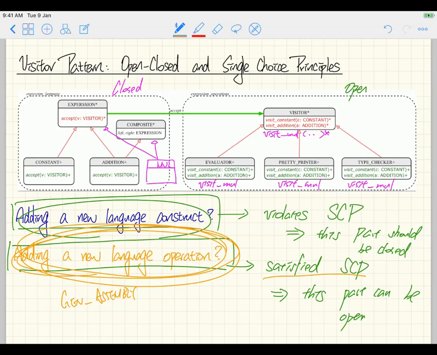How many classes do I need? One? Two? Just one? Where should it go? Go to expression or go to visitor? The operation cluster, right? That means I need to create a new descendant class over here, and I'll just call that Generator. Because this is a direct descendant of visitor, and this one should be effective,